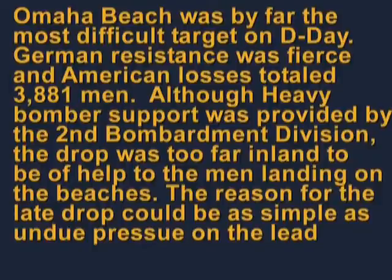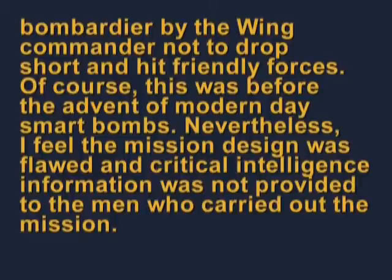The reason for the late drop could be as simple as undue pressure on the lead bombardier by the wing commander not to drop short and hit friendly forces. Of course, this was before the advent of modern-day smart bombs. Nevertheless, I feel the mission design was flawed and critical intelligence information was not provided to the men who carried